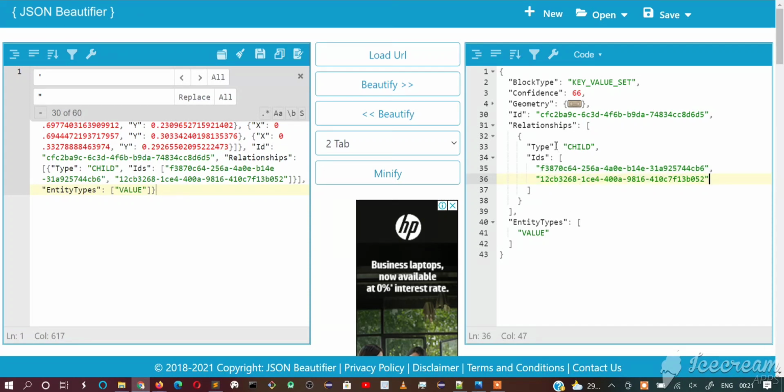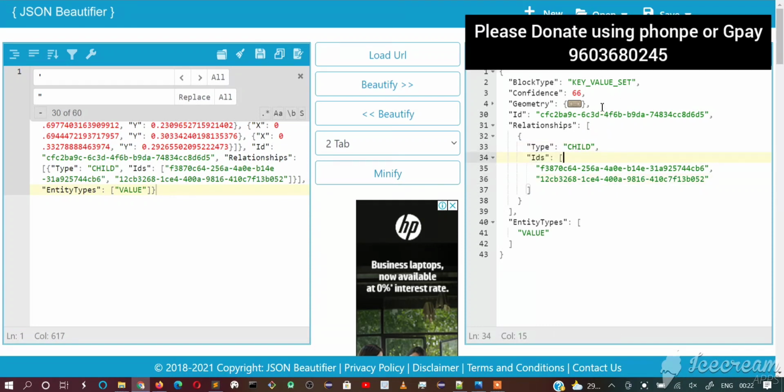So I hope you got what a block type line is, and each line is comprised of different words. We will have a respective block type word with those IDs, and if you want to derive key value pairs, we need to use block type key value set and derive like this. In the next videos, using code, we will parse this response and extract the respective keys and values, and we will print those values in the logs.